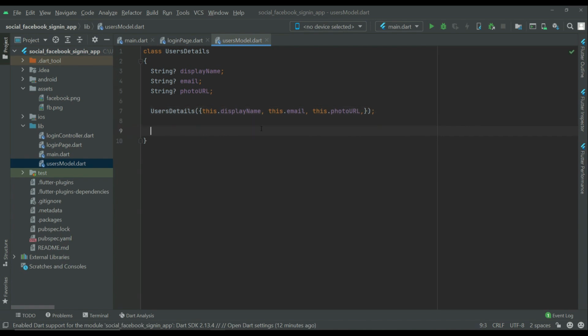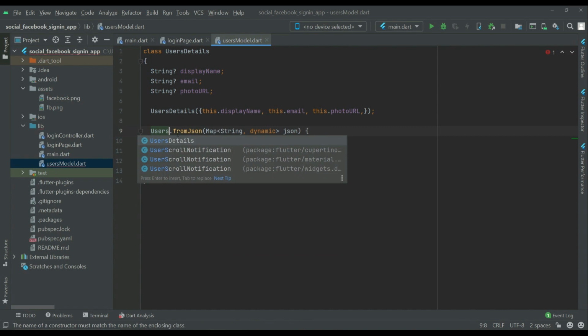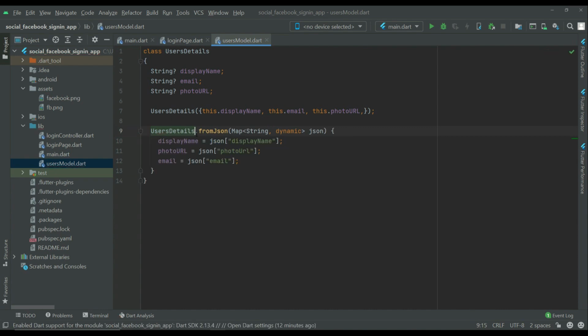Now we need to create a map just like we did in the Google sign-in application. Okay, so we can say user details, it is users details dot from JSON, okay, map string dynamic, display name, photo URL, and email, display name, photo URL, and email. Okay, just follow the exact same spellings, and then after it we can say